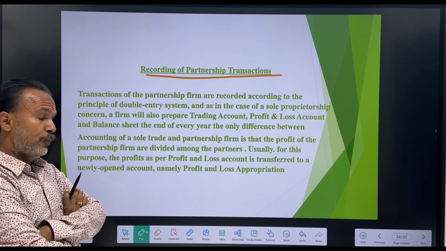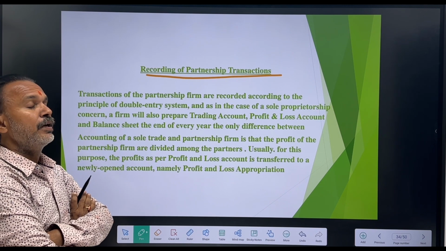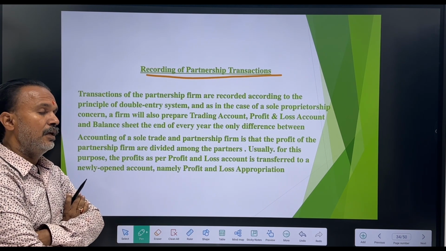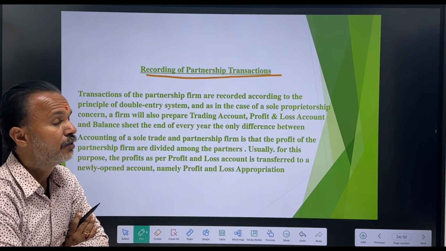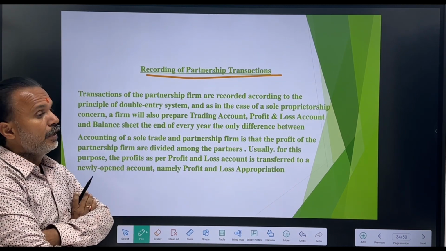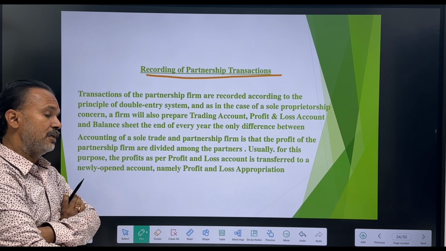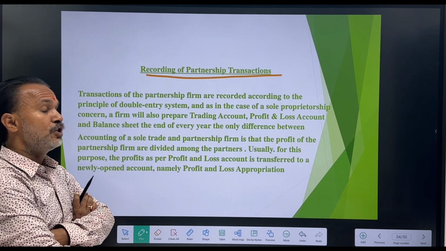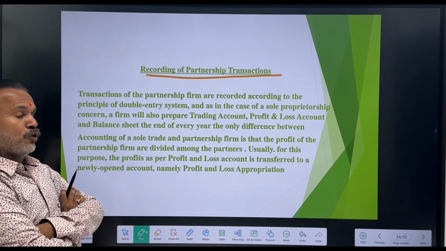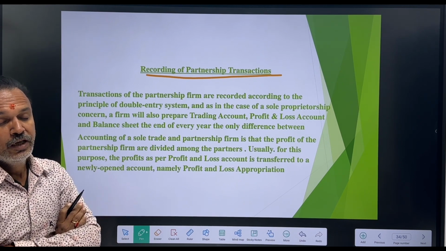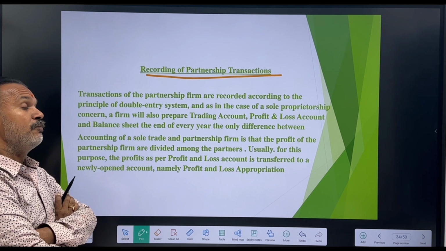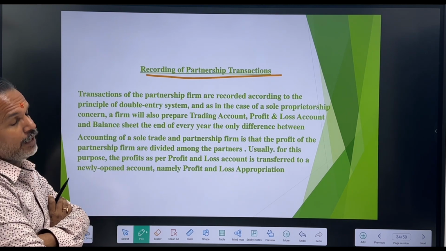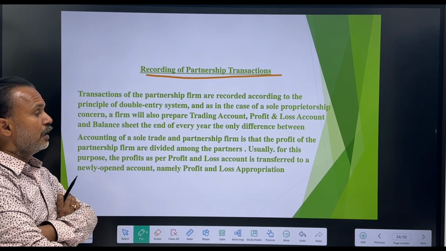In the case of sole proprietorship firm, we prepare trading, PL and balance sheet. Like sole proprietorship firm, in the case of partnership concern, we also prepare trading account, PL account and balance sheet. The difference between these two is that in the case of sole proprietorship, profit goes into the pocket of the sole proprietor only. But in the case of partnership firm, the profit of the firm is distributed among partners in their profit